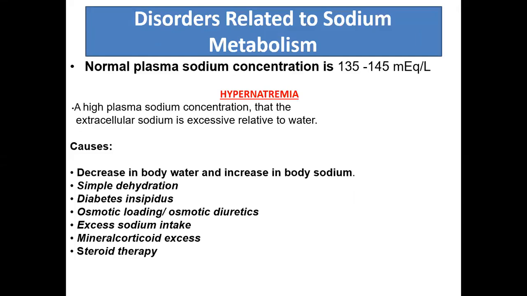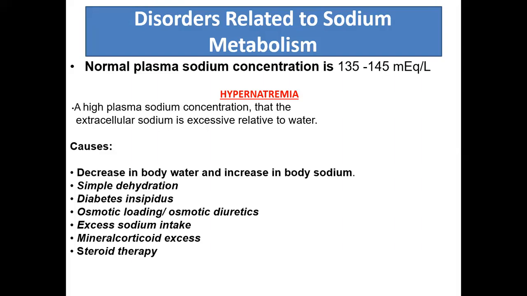Moving on to the disorders of sodium metabolism. Now, the normal sodium concentration of plasma is about 135 to 145 milliequivalent per liter. In hypernatremia, if we go above this normal value, we will label it as hypernatremia. What can be the causes of hypernatremia? One would be decrease in body water and increase in body sodium. It could be due to excessive consumption of sodium in diet. Apart from it,